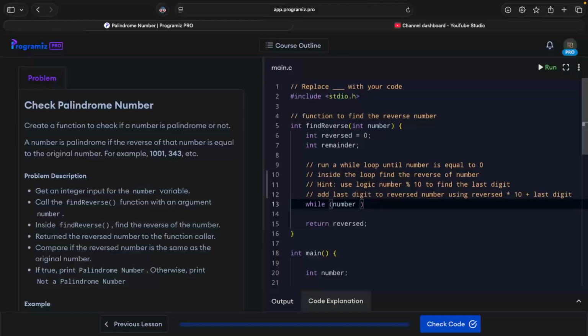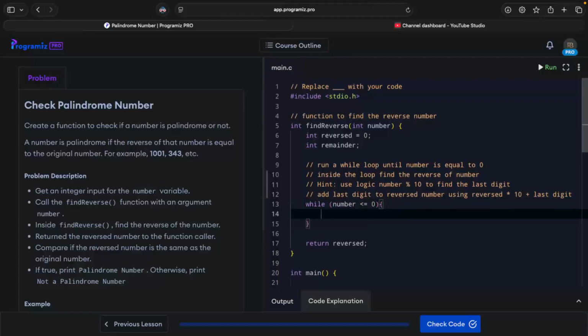While number is greater than 0, then what do we need to do? Inside the loop, find the reverse of the number. So we need to use the